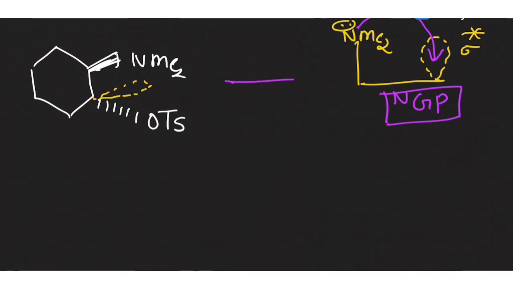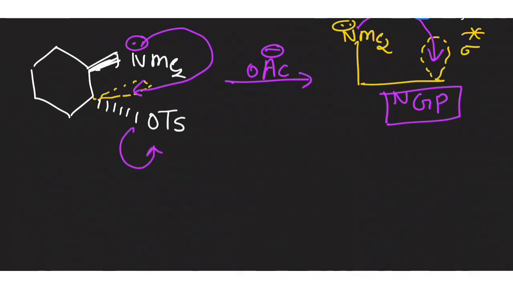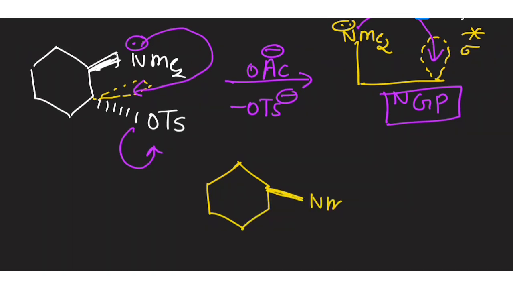And now always remember, before the nucleophile comes and attacks at the position, neighboring group participation will occur. Always remember that neighbors always interfere first, before any outsider does. So NGP will occur first. In NMe2, nitrogen will donate its lone pair and OTs will leave. So we will be reaching a cyclic intermediate like this.